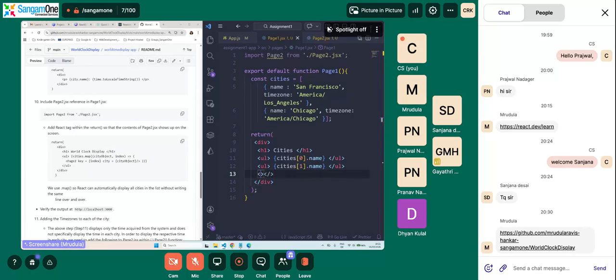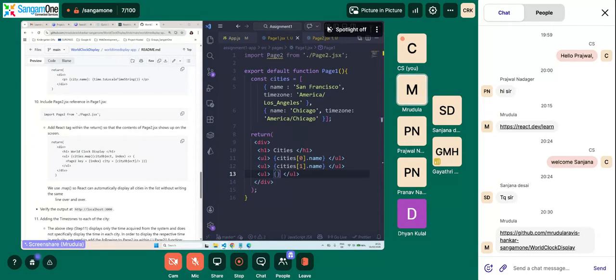so we will be using map. Does anyone know the map function? The map function is very similar to a for loop. Okay. So what it does is, it goes through the cities. So cities.map is like a for loop. It is more efficient than a for loop, because you do not need to have too many new variables. Okay. So since, again, with the for loop, everything is JavaScript based logic,